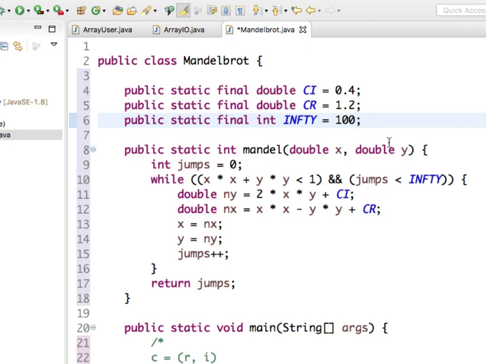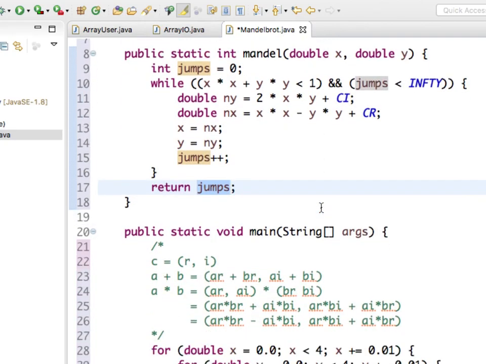it has a while loop where it repeatedly puts the complex number in the formula, Mandelbrot's formula, which says square it and add c, square it and add c, square it and add c. And while this number, or point as we can think of it, stays inside the unit circle, I keep on going, I count how many times I have to keep on going, and as soon as it jumps outside the circle, I stop the while loop, because it's no longer inside the circle, and I return the number of jumps it could do. And I have to take care of the fact that it may be infinite.